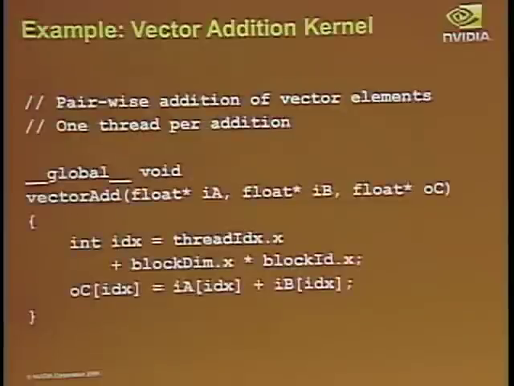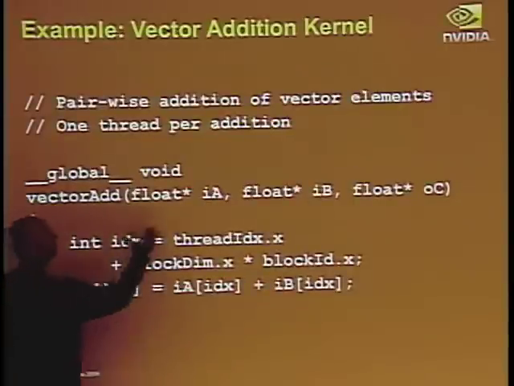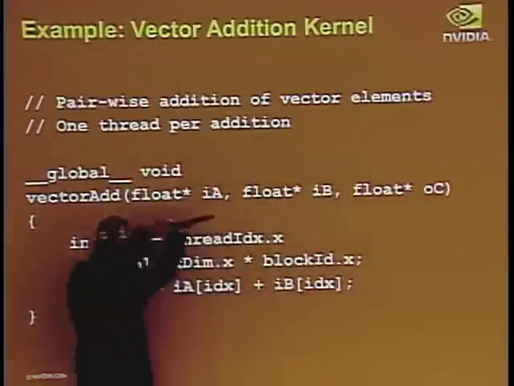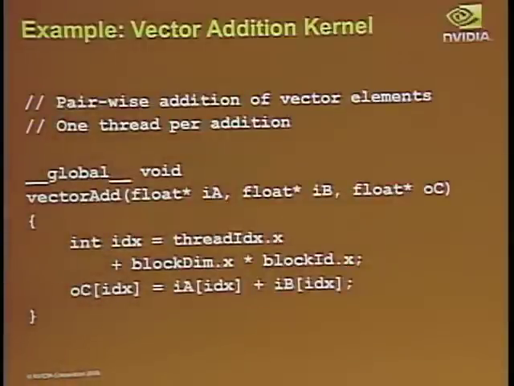So if we want to declare something like vector addition, we have this big vector, and you want to add it to another big vector. This is what it looks like. This says I'm a kernel. I'm going to take in an input vector of floats, an input vector of floats, and I want to add those pairwise to give me an output vector of floats. So this is what the program looked like. You say my index